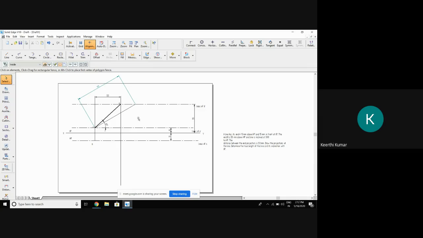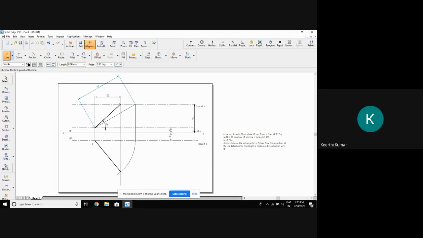Okay. After this, what is the concept you have learned? Take the projection line, and then from the end of the true line, you draw the vertical line till it reaches the locus of the point A. Then you go for the arc by center point method, keeping this as a center and this as a radius, cut an arc. Wherever this arc intersects the vertical line, if I join this line here to the intersection, this is called apparent line.